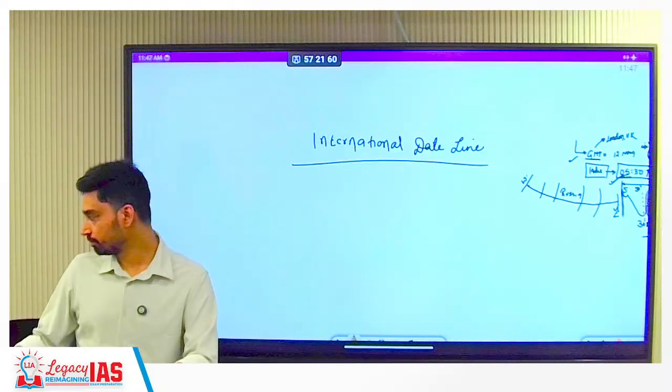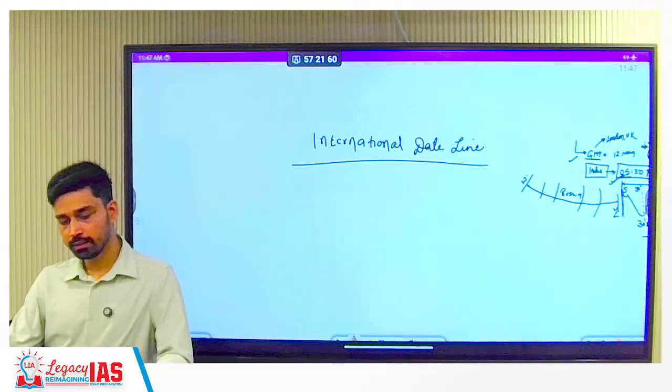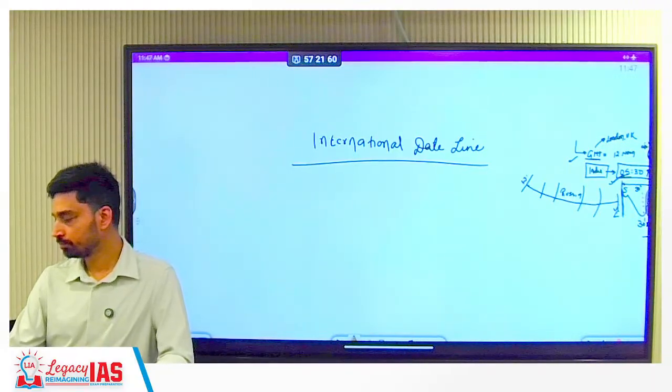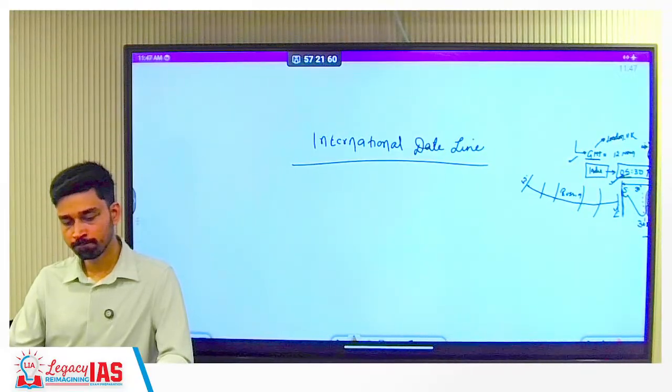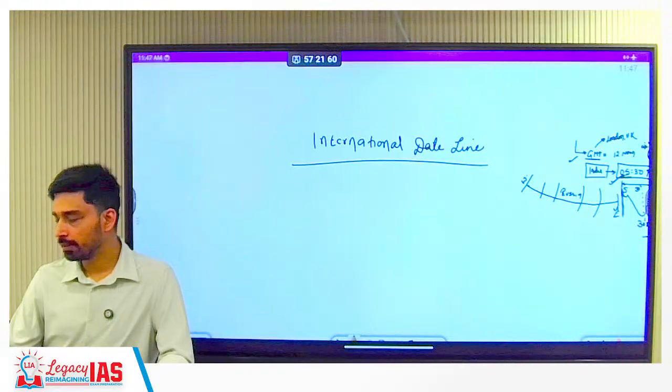It is an imaginary line used to determine the longitude along which the date will change on the earth,